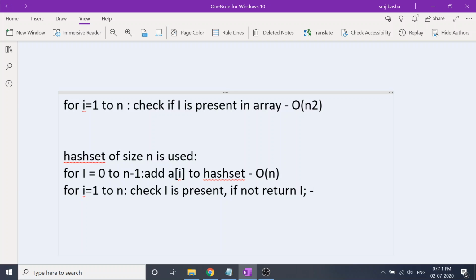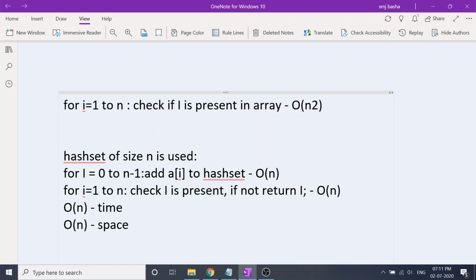Lookup takes constant time, order of 1, and we are doing it for n times, so it is order of n. So the overall time complexity of this approach is order of n, and we are using additional space, which is the hash set. So space complexity is order of n.